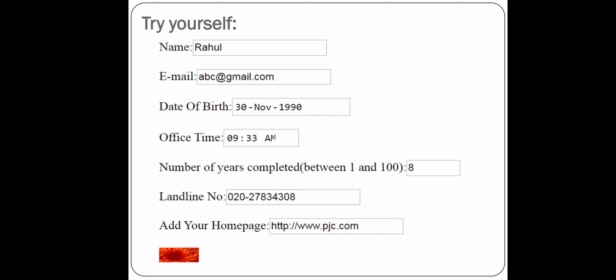So I request you to write down the question for this web page, meaning whatever is expected. Write an HTML program to get the following output with some criteria as follows.